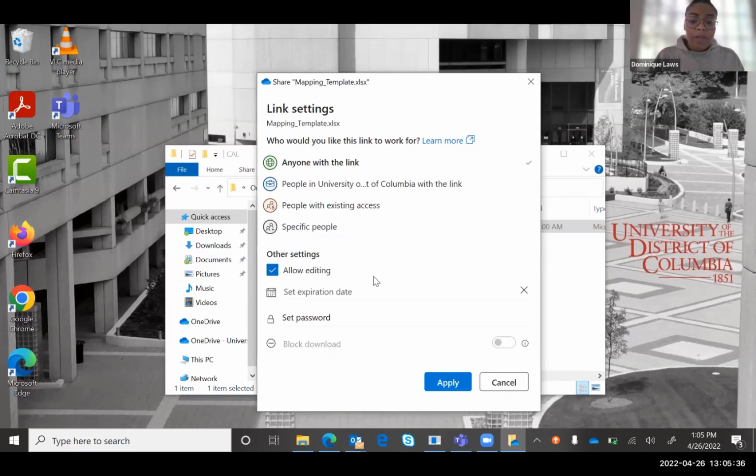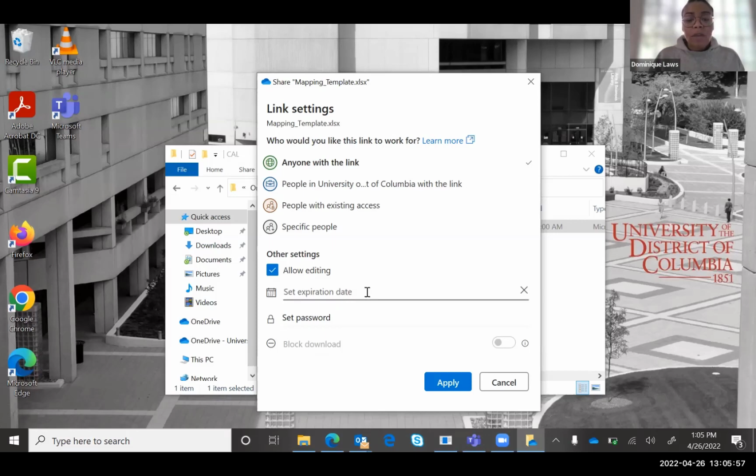The great other feature about that is that if I don't want them to be able to download the document, I can select block download so that they can just view it as a read-only in their web version. I can also set a password if it needs to be password protected, and I can set an expiration